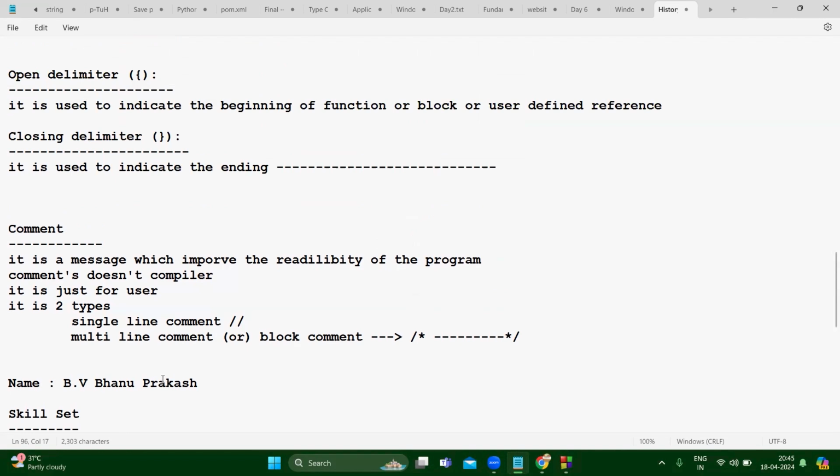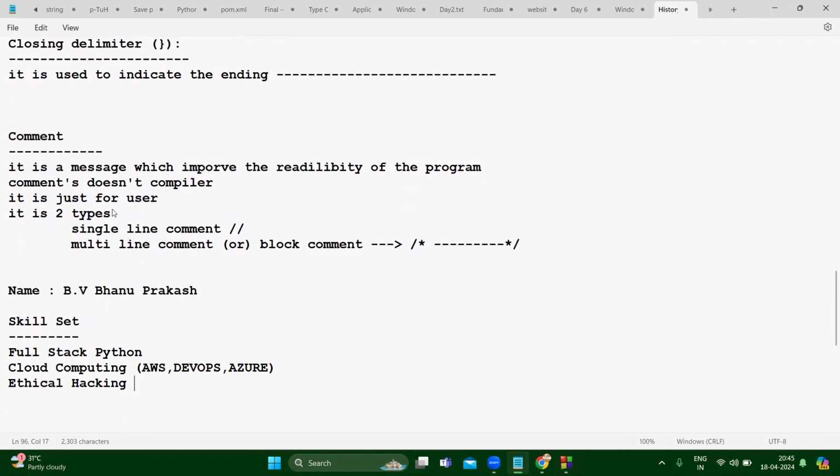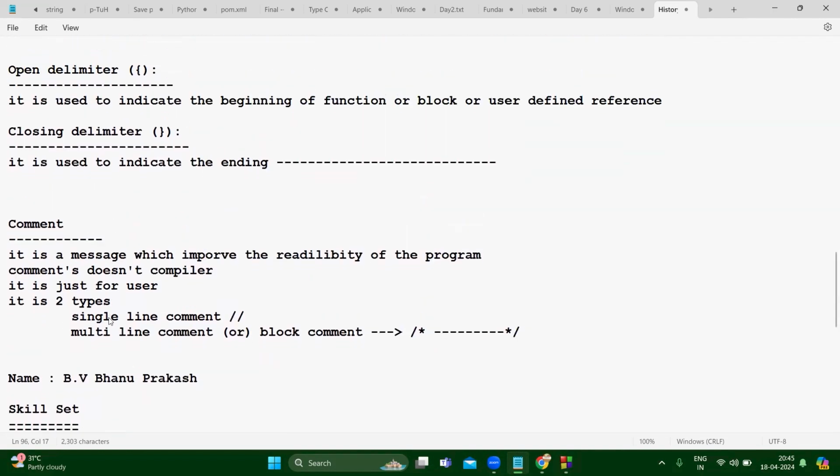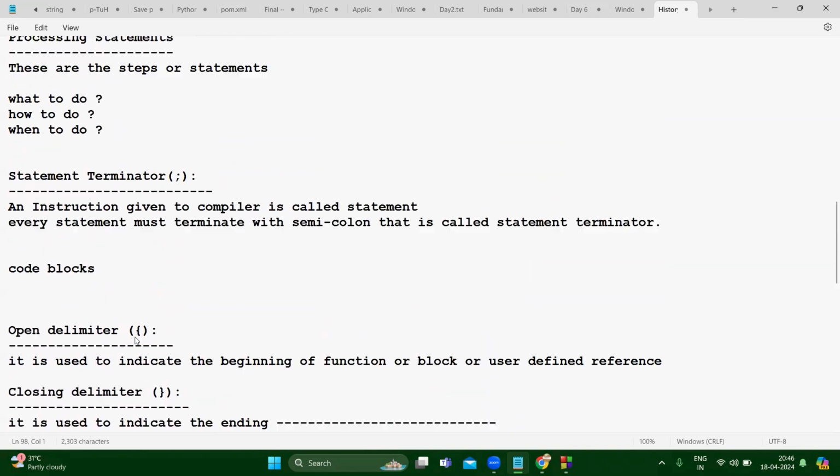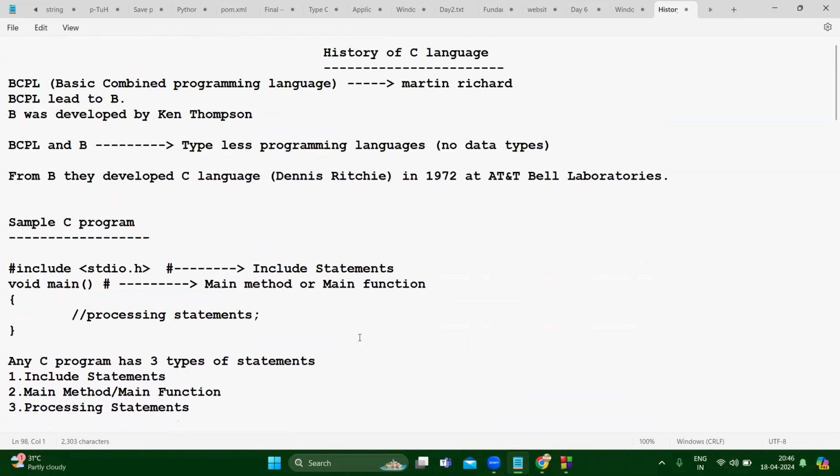So any doubts, not only on this domain, any other domain also, you can ask me if you feel you need any guidance. I am here to help you out regarding other things also. Okay, Ria, something you're saying? I said yes, sir. Nothing else. Okay, this is all, so this is only the starting day, right?